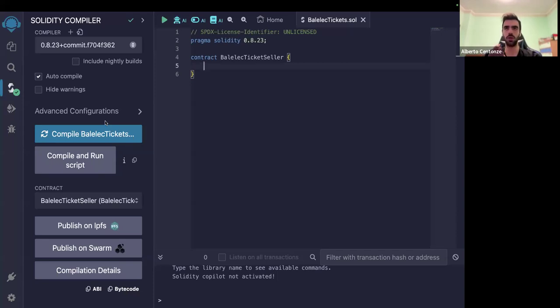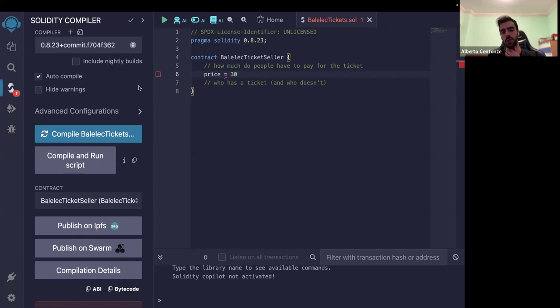So we need two pieces of information. One is how much do people have to pay for the ticket? And the other piece of information we need is who has the ticket and who doesn't. For the first one, no one is going to be surprised here, we need a variable. So we can just make a variable, call it price, and say the price is equal to 30. What this 30 means, really, it's a number. Solidity doesn't know it's the price of something. We're going to see how we do this later.